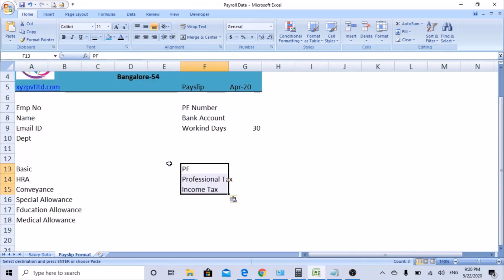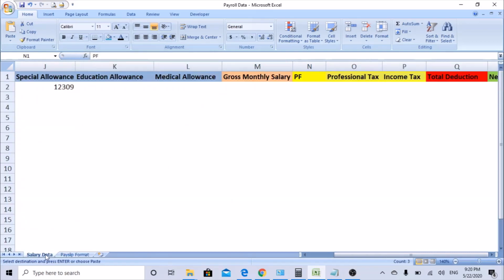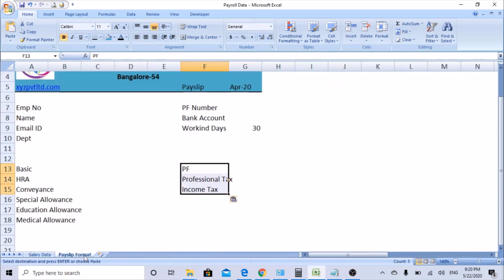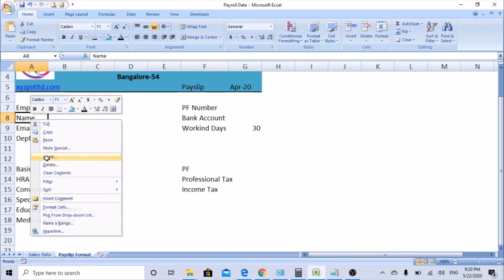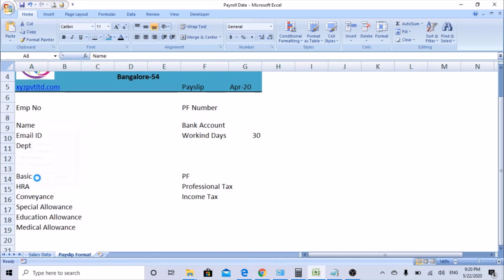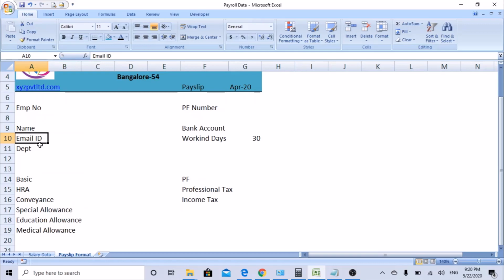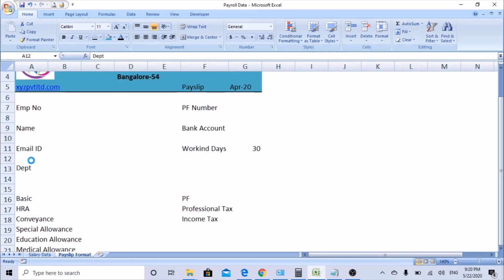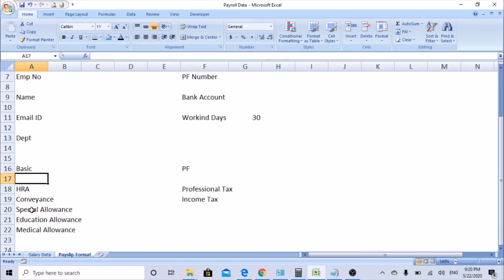So now you've got all these things. Once you get this, the deductions we had earlier, it looks a little bit congested, right? Everything is in one row down. So we'll insert a row in between. Once you click insert row once, then you can use the F4 function. F4 will repeat the same action.